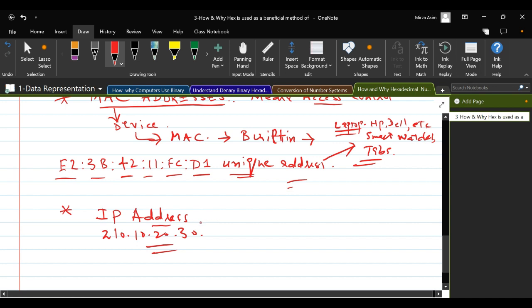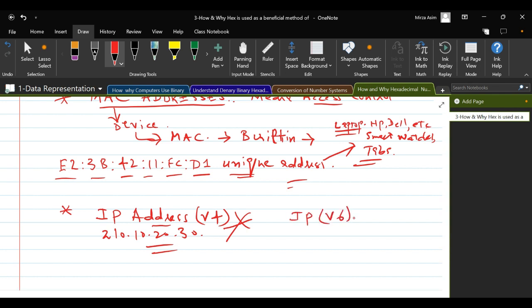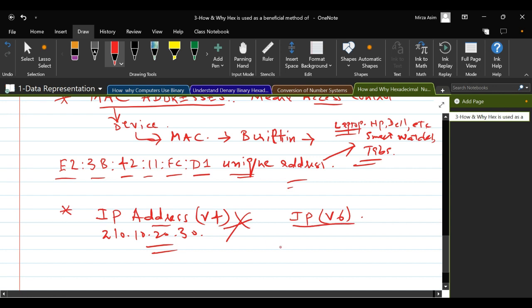It's a decimal number, yes, you're right. It's a version 4 IP address. But hexadecimal cannot be used in version 4. But in IP version 6, hexadecimal can be used, like FE03303E04, etc.